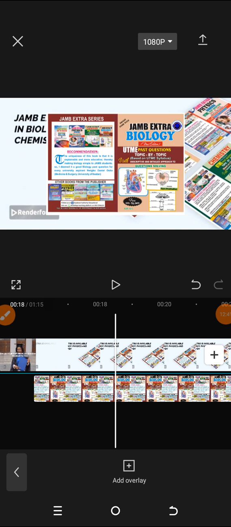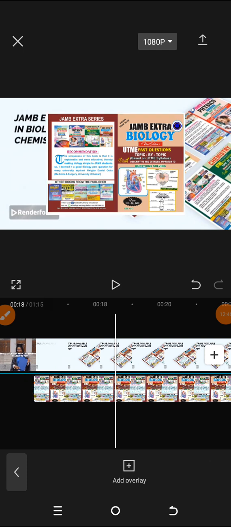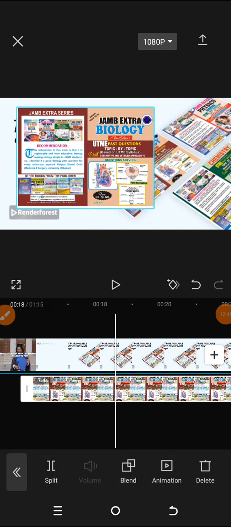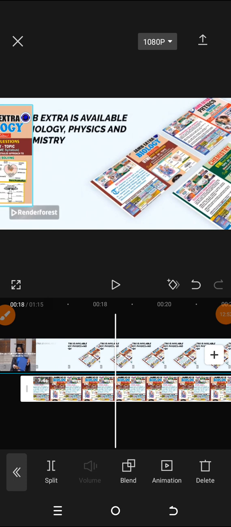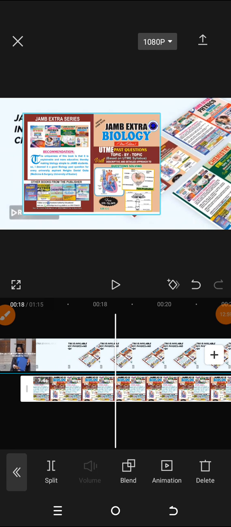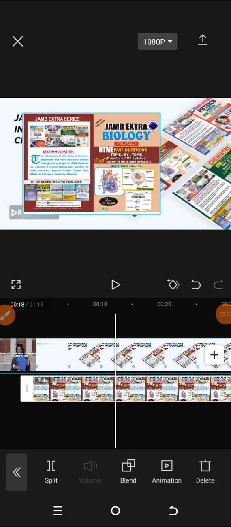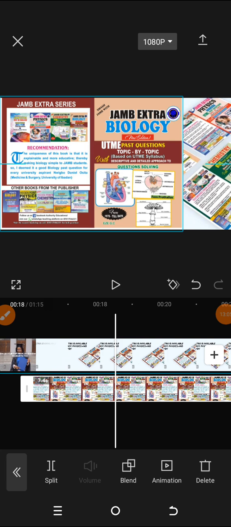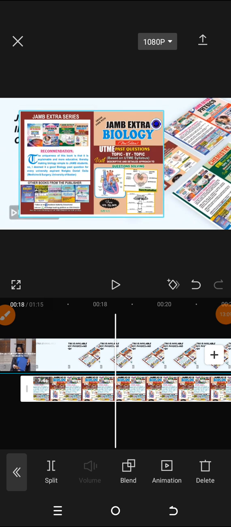So this image, like I said, you can do anything you want on it. So just highlight it here. When you highlight it, you can move it. This is it. So let's say you want to move it from the left side of the screen to the right side, or you can do anything you want to this. You can even highlight it and increase the size, and it will cover the entire video that you want it to appear on top of. Something like